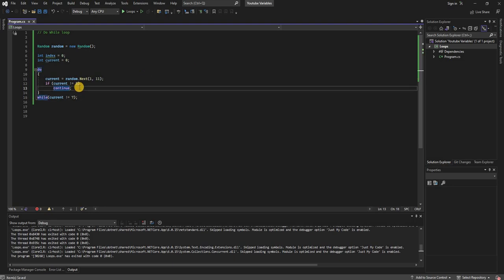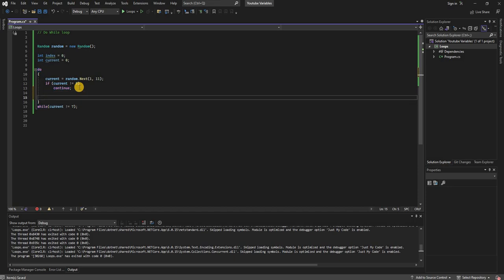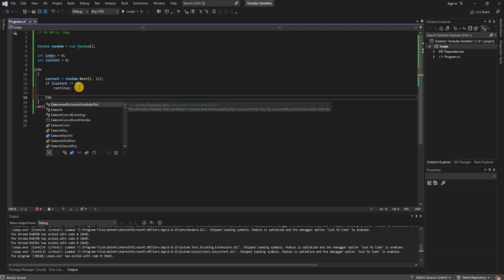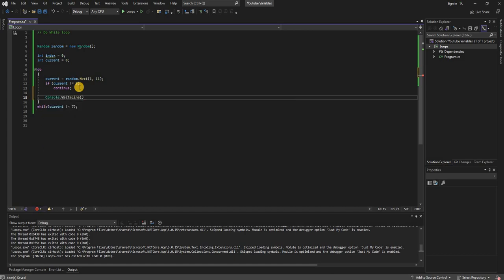Okay, so I need another part in here. I need to print this one. So as you know, you can use Console.WriteLine. Previously I told you how to use these things. We need to use these previous words. So I'll put the curly braces in here. I need to print the index